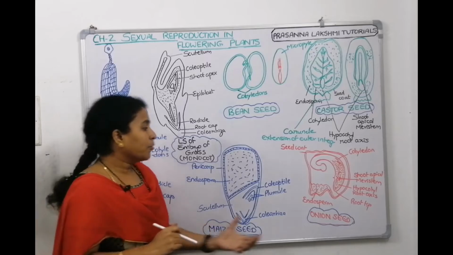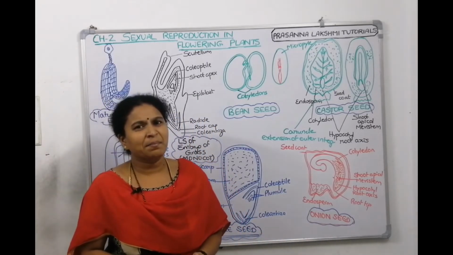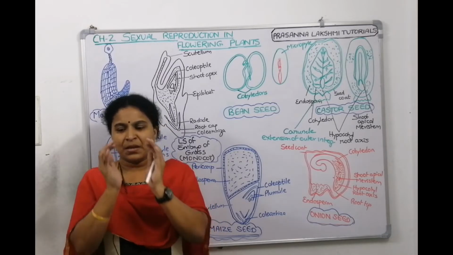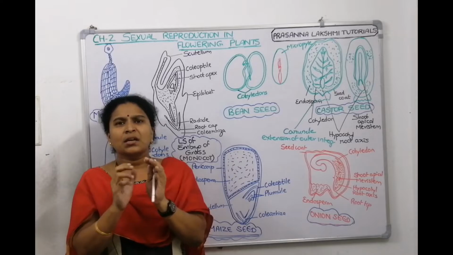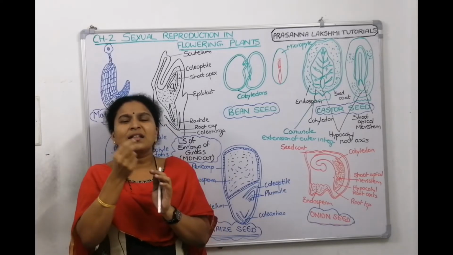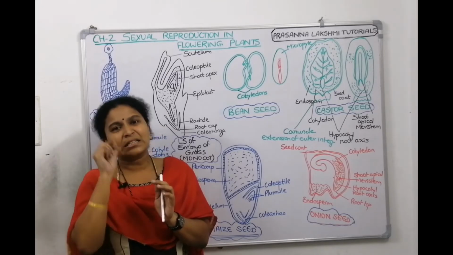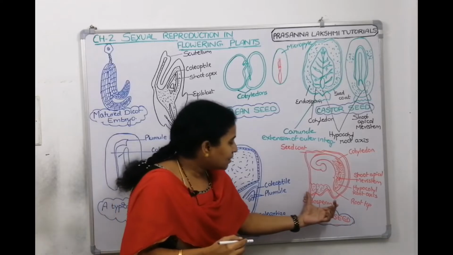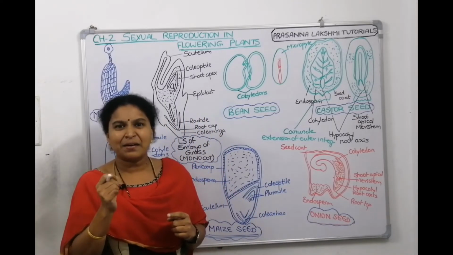Now, let us see about onion first. Onion inflorescence, if you remember, is an umbel inflorescence, like a spherical ball-like structure. The inflorescence itself is like a tiny ball. Then the seeds will be small, small black seeds. But if you look at them, they are rough. They might be small, but the seeds are very rough.